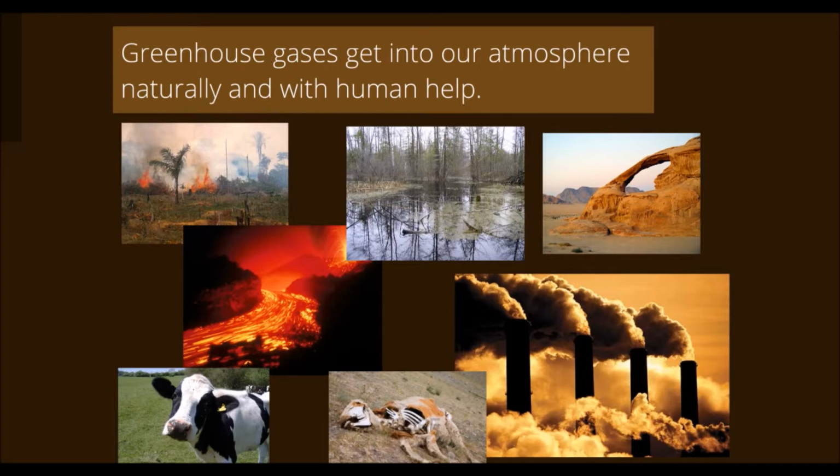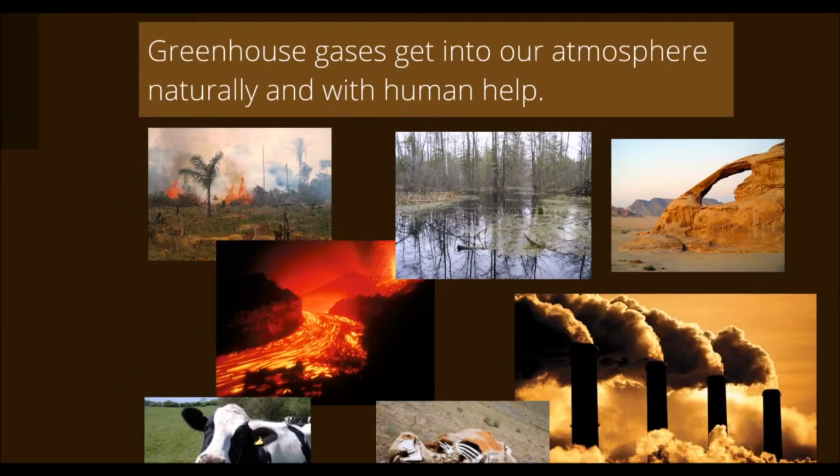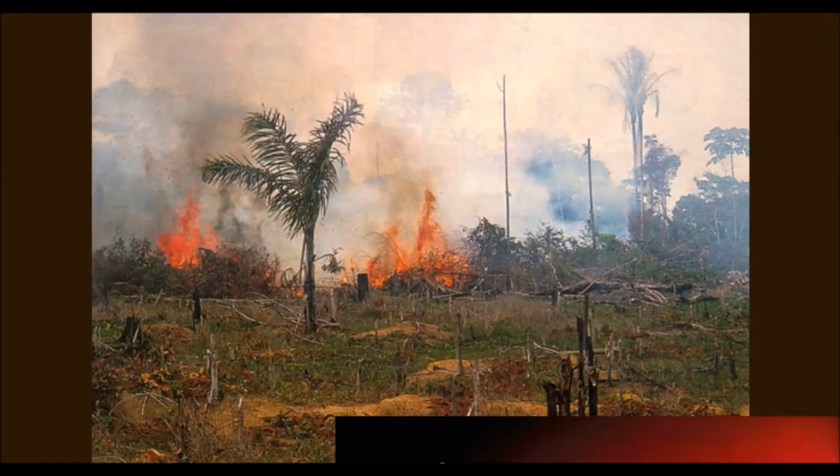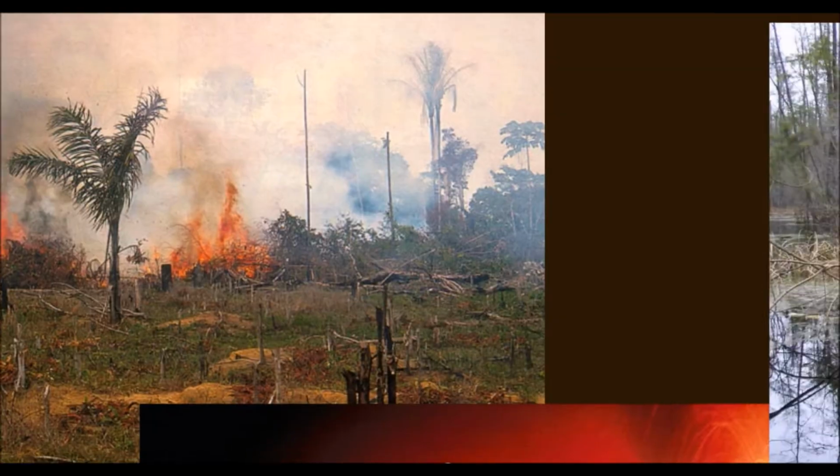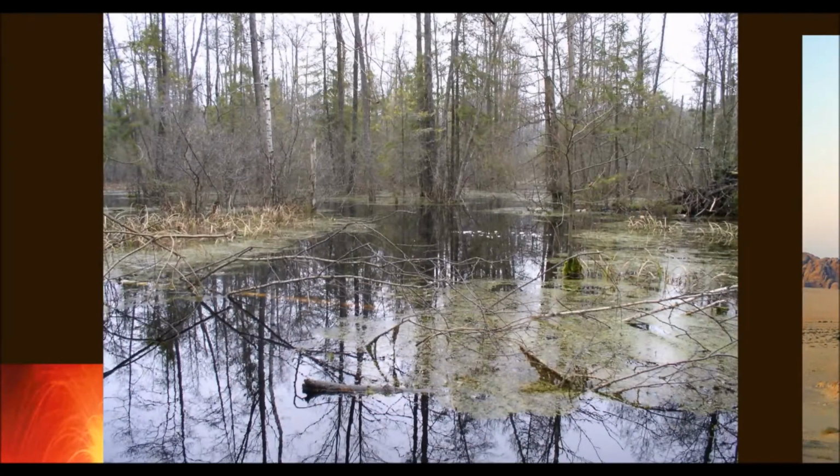So we already talked about this once, but I'm going to cover it again just so you guys have a refresher of your memory. These are all different ways that carbon can get into our atmosphere. We've got burning of biological matter. That could be forests, that could be grasslands, that could be anything that is living, any holding tank of carbon. We have dead and decaying matter that's sitting inside of lakes and swamps and ponds that are releasing methane into